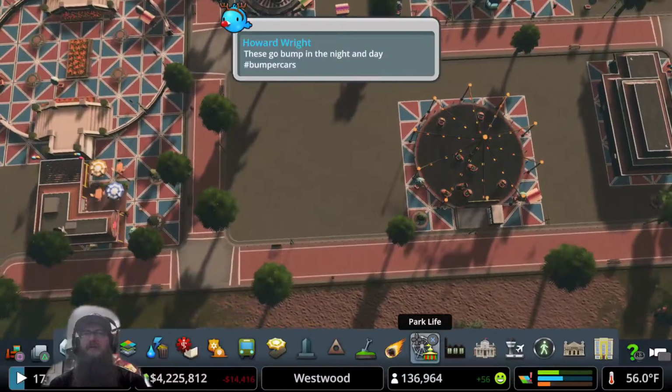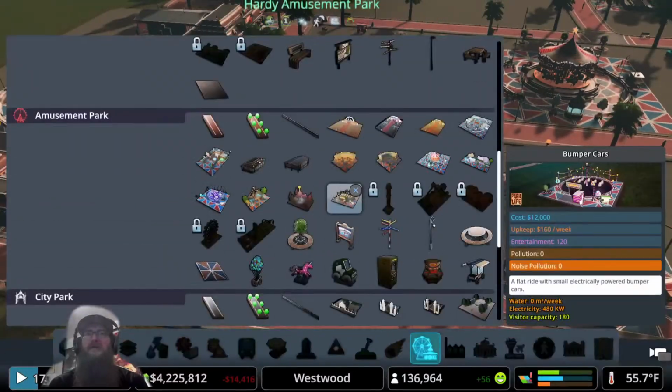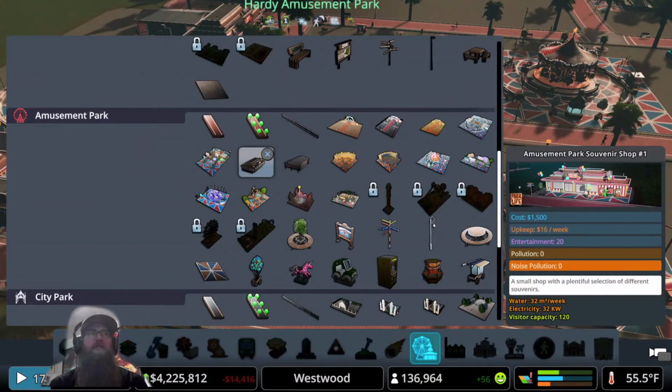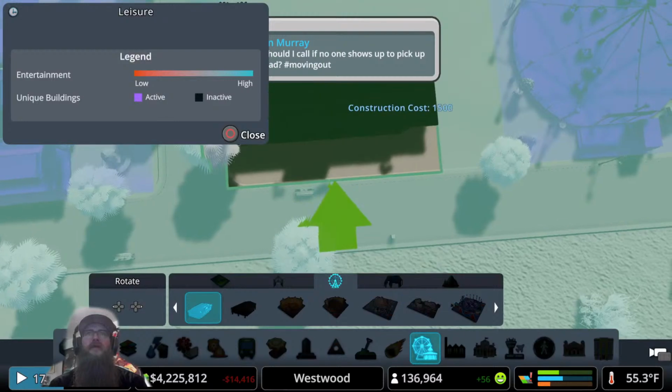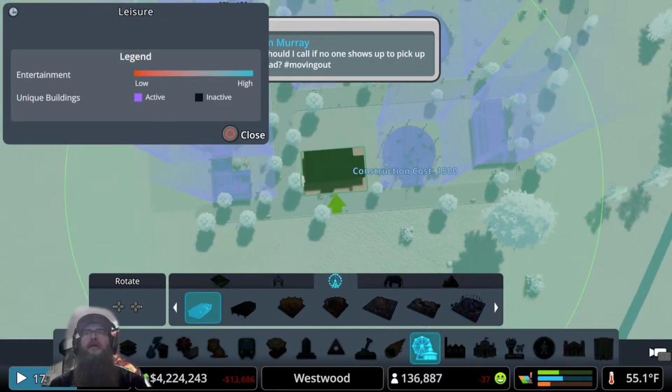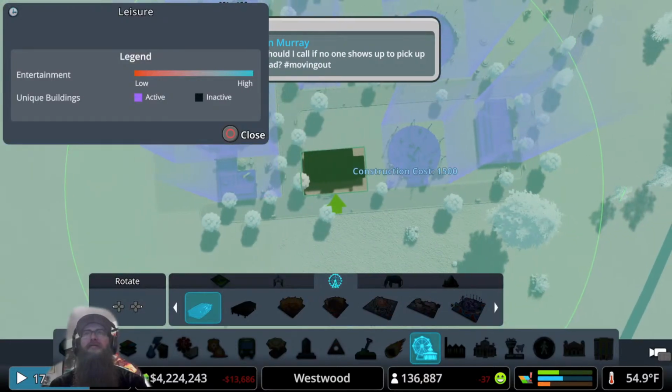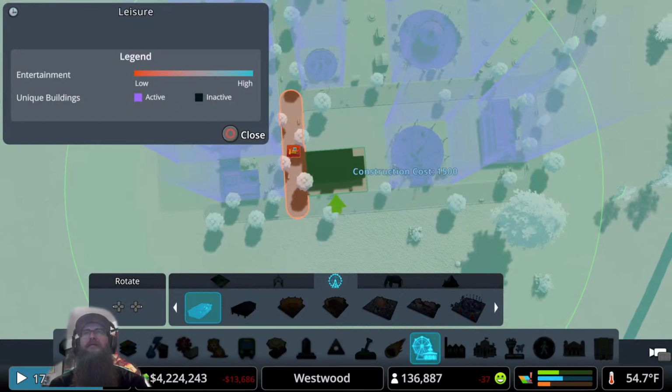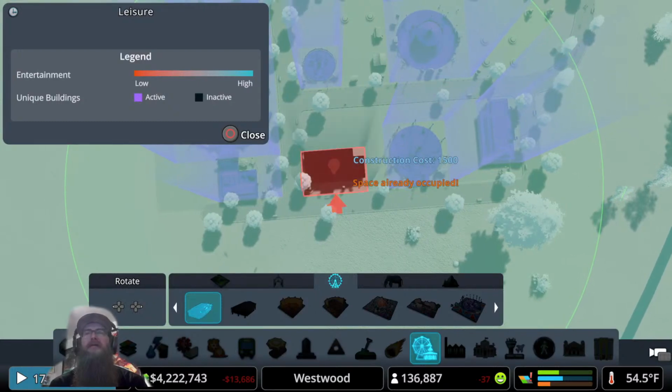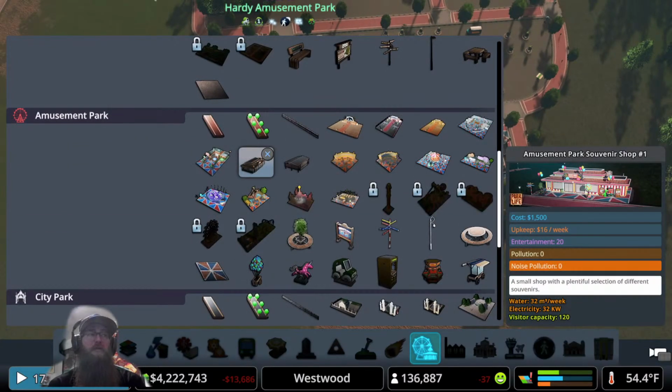And that way we can do something like another little souvenir shop right there. Aw, souvenirs. The souvenirs. I mean, seriously, you go to any amusement park,